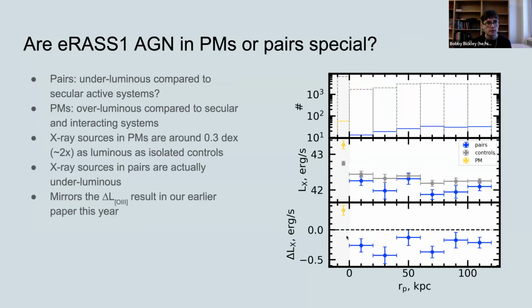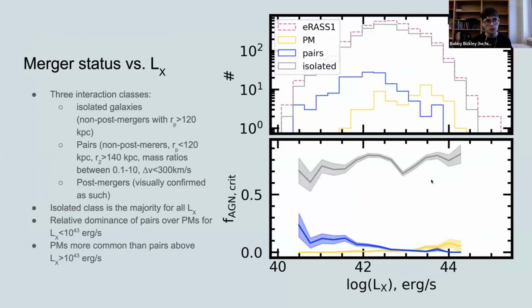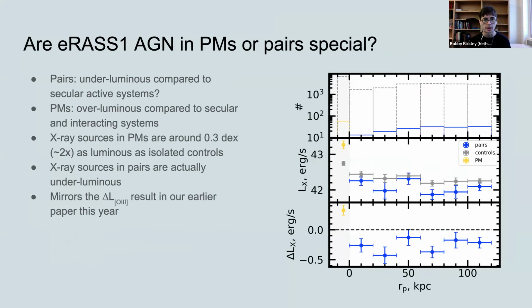What about the accretion rates of these AGN? So what I find here is that pairs, at least in the way that the analysis is shaking out right now, are typically underluminous compared to systems that are hosting X-ray AGN but appear to be in non-interacting galaxies. And this is consistent with this result, right, where we're seeing these non-interacting galaxies across the X-ray luminosity dynamic range, but the galaxy pairs belonging typically to these lower X-ray luminosities.